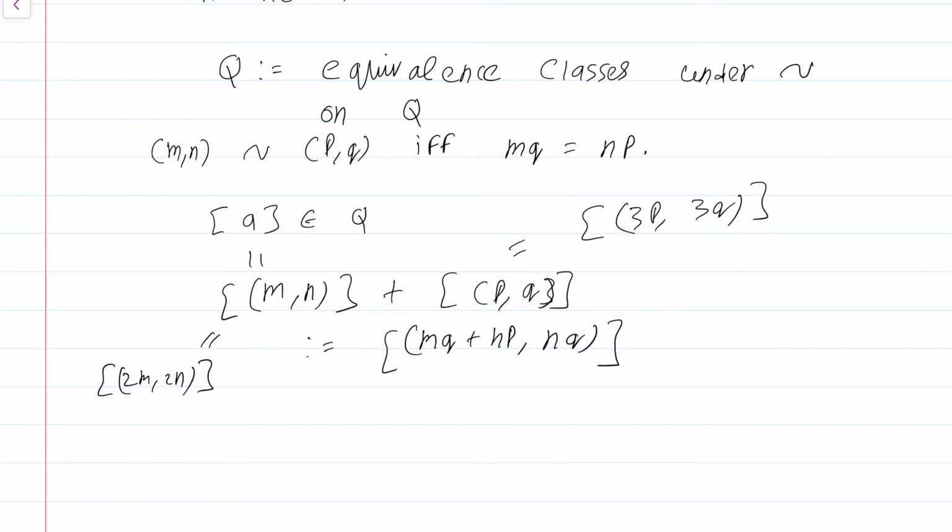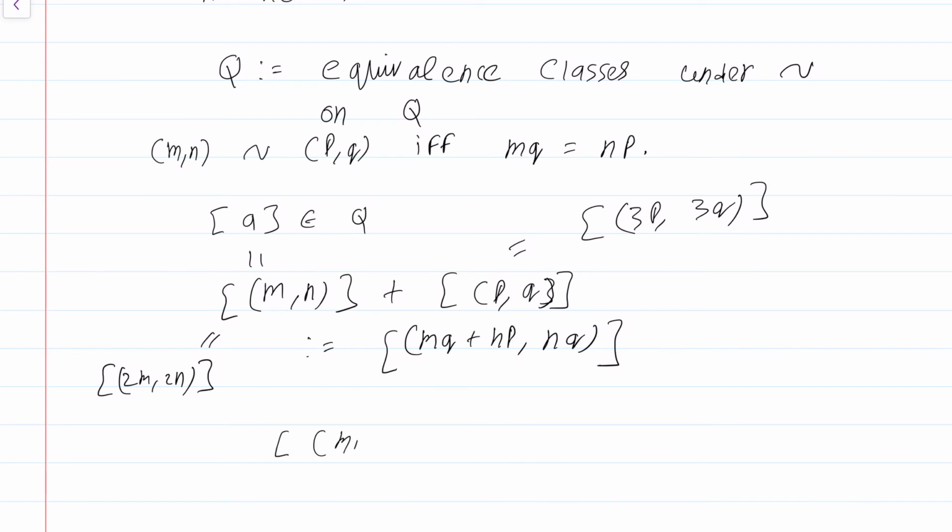This means that the right hand side that I have written, a particular equivalence class, should not change if I change the particular choice of representatives for the equivalence class [m, n] and the equivalence class [p, q]. If I had chosen a different representative, I should still get the same answer. Now that's not really difficult. You all know that it doesn't really matter how I represent the rational number, you get the same answer, but that needs a check, but it's just basic computation.